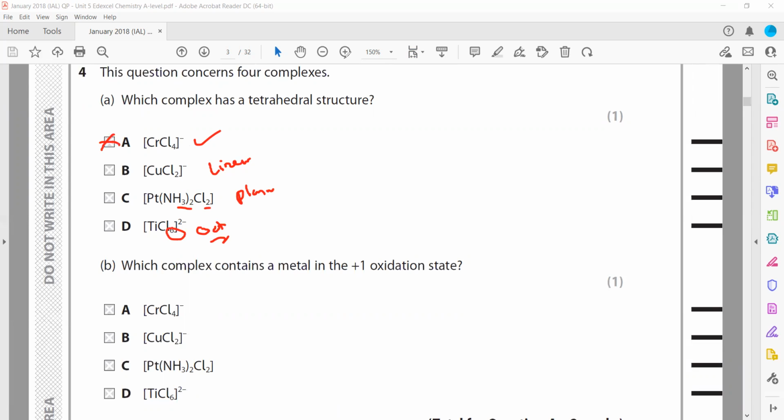It is the same idea: how many bond pairs are attached to a central atom. Using that idea, we can predict the geometry of a complex. Which complex contains a metal with an oxidation number of plus? So we have to again